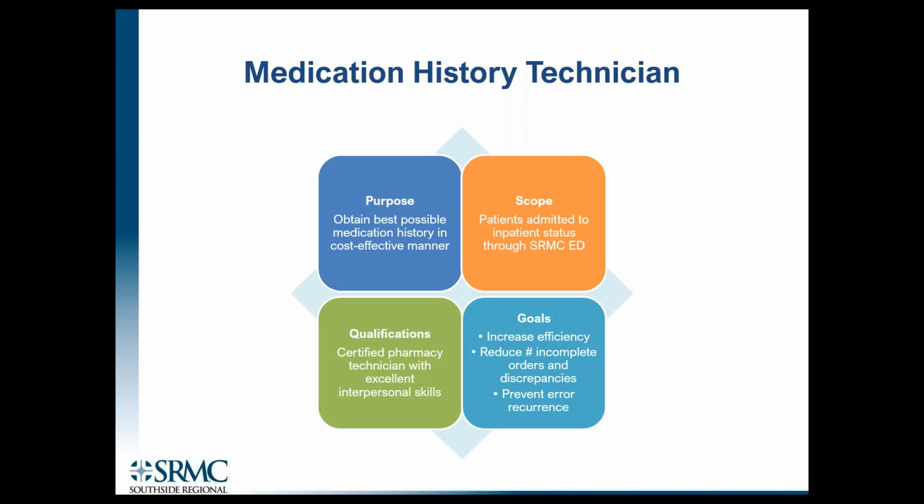The qualifications we envisioned for our med history tech would be a certified pharmacy tech with excellent interpersonal skills. And as you saw, Katie has an oncology background. She was not a retail technician. She had not been familiar with some of these medications, and we selected Katie because she was actually the best fit in terms of her interpersonal skills, and we knew that we would be able to train her on the